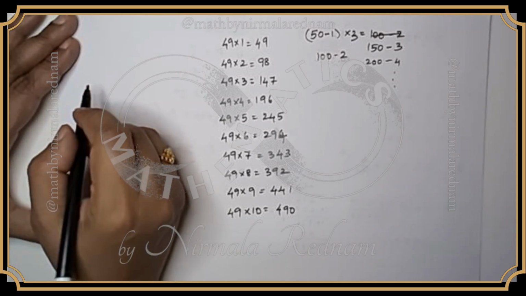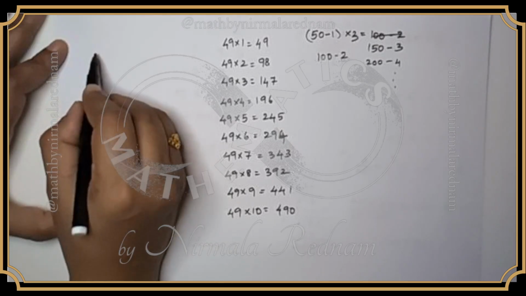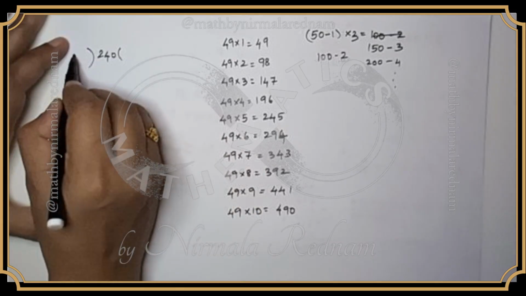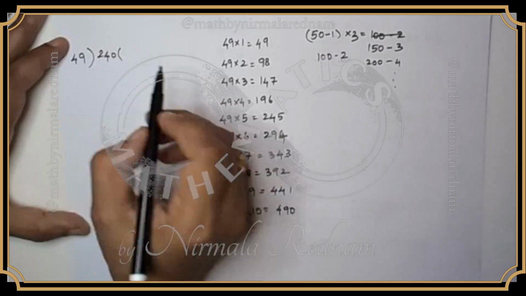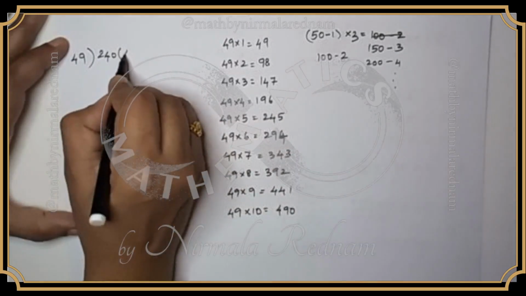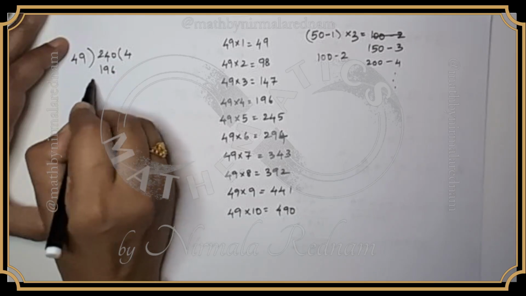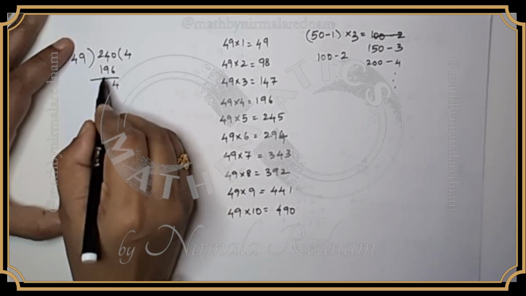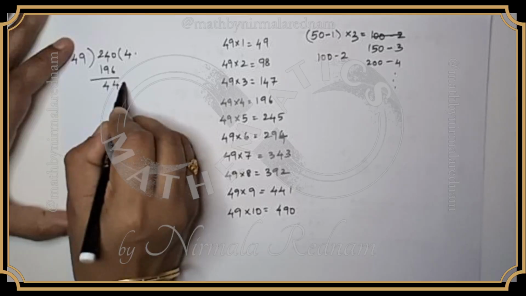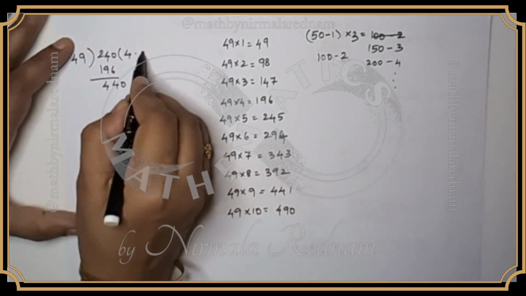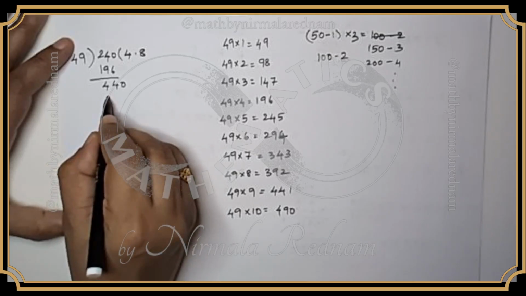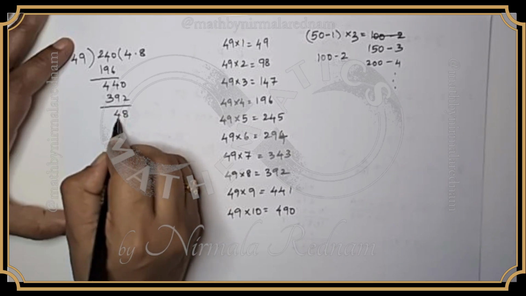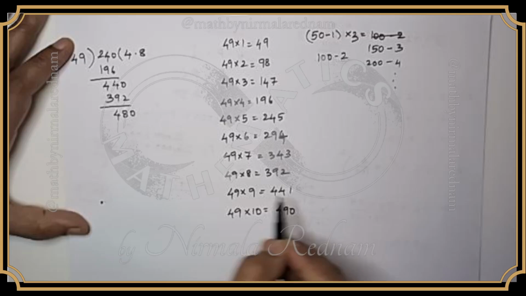Okay. Now let's look at the division. I'll just take 240. I'll put the decimals and then cancel the decimals. Okay. So if I look at 240, you can see that 49 fours is 196. Right? And you have 44 here. Put a decimal. 440 is 8s. 8 9s I have 392 and here I have 48, put a 0. 480 is again 9s,